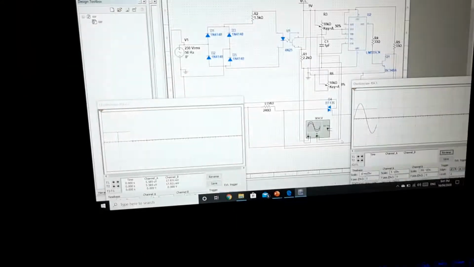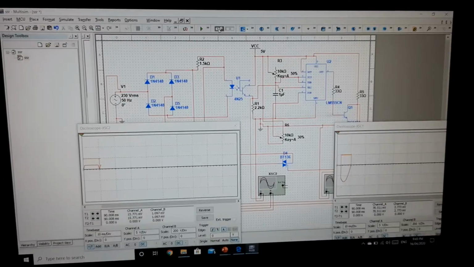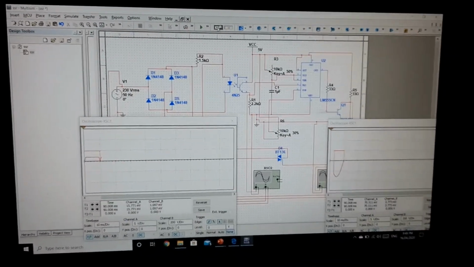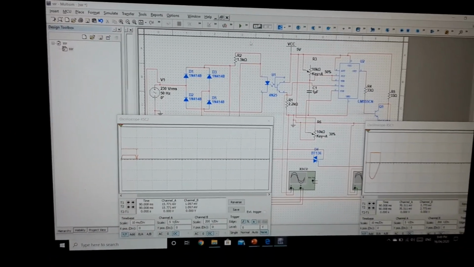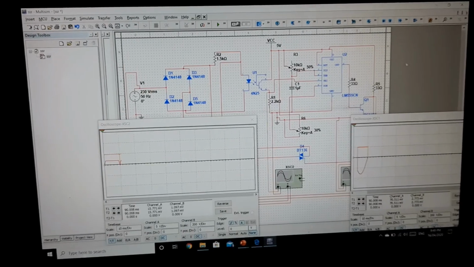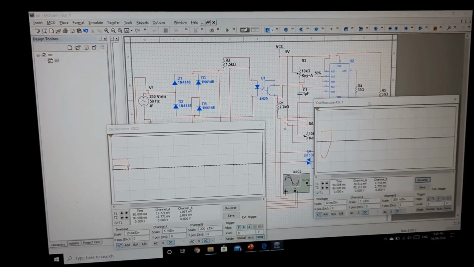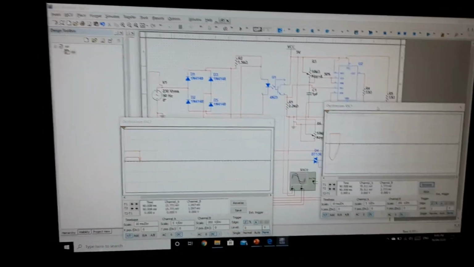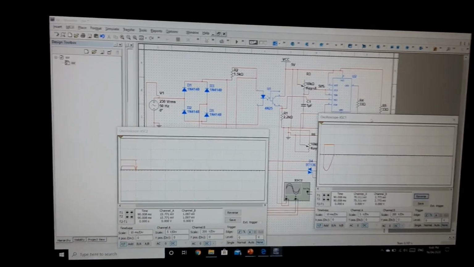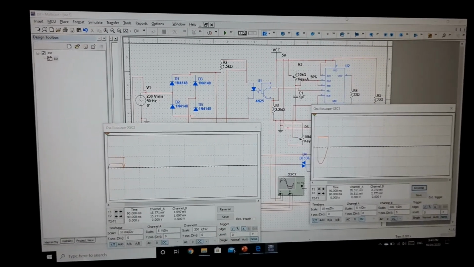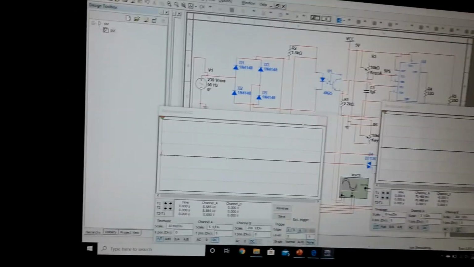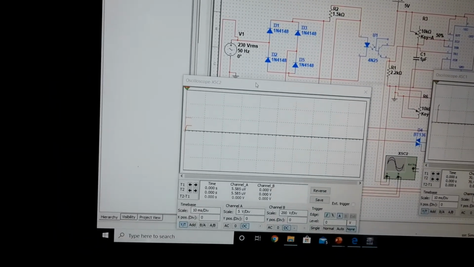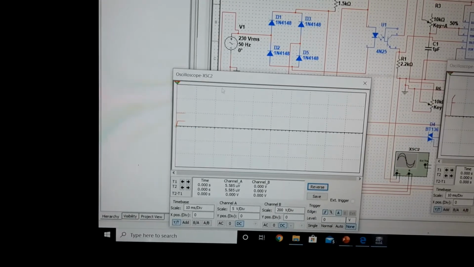See, over here as we run the simulation we can see and verify the properties. We have kept here two graphs which will show us the line synchronization, and the output PWM and power delivered to the load. So let's see this. Here this graph will show us the line synchronization.